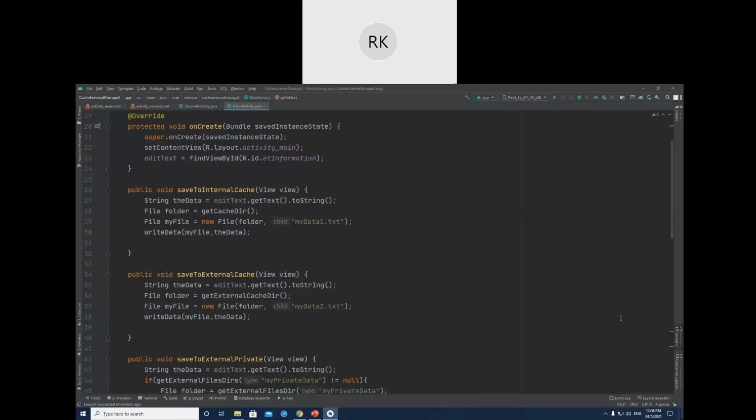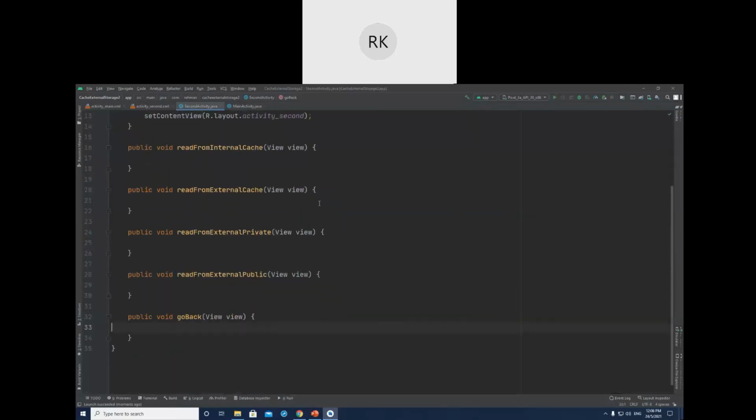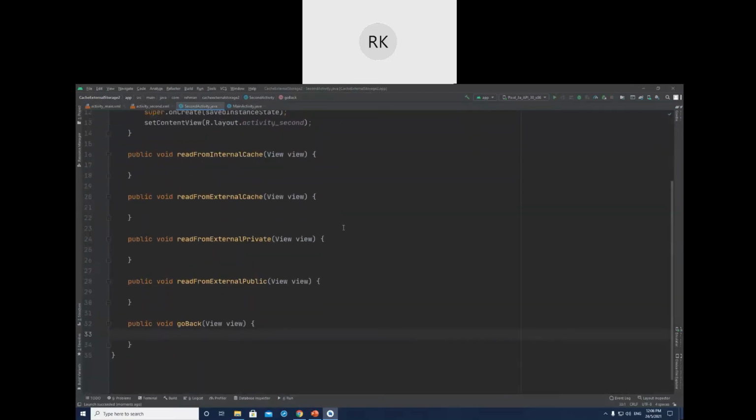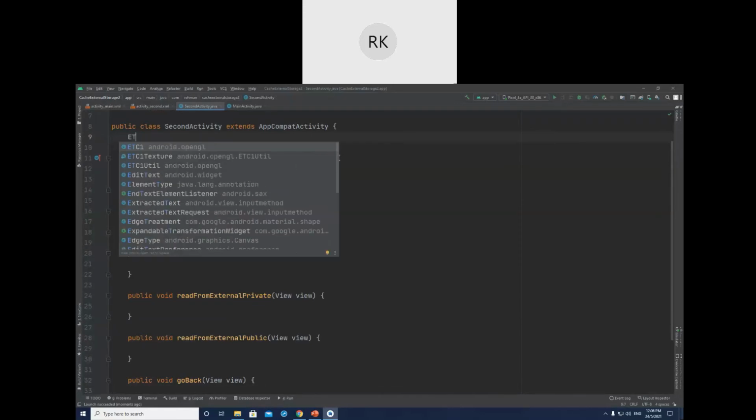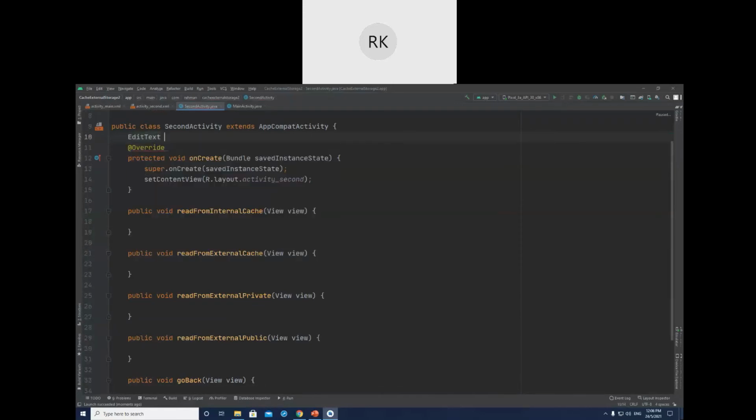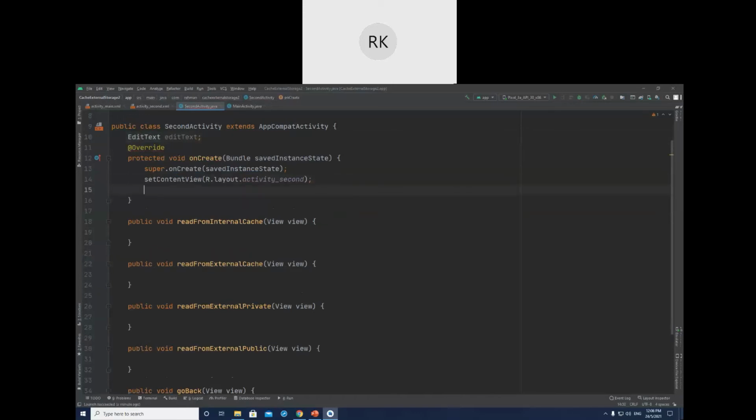Let's go to the second activity, and this is almost the same process, but here it is the reverse of that: reading, not writing. So we are reading now, and the same process will be there. Here I will create the edit text and link this edit text with the ID.